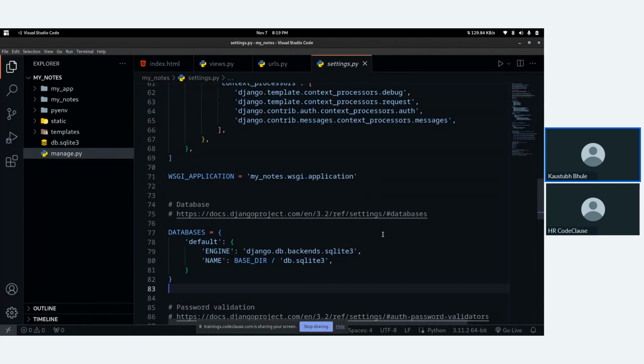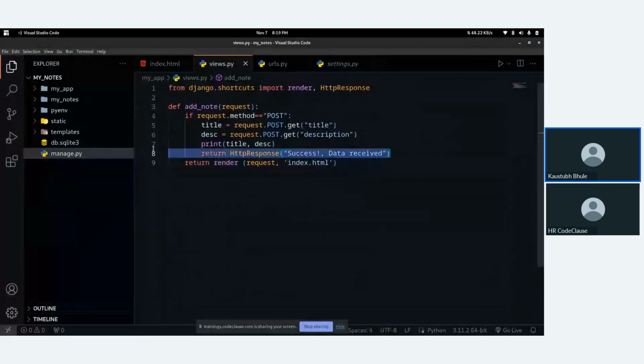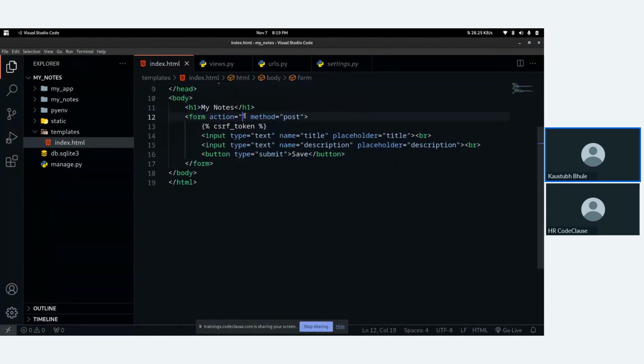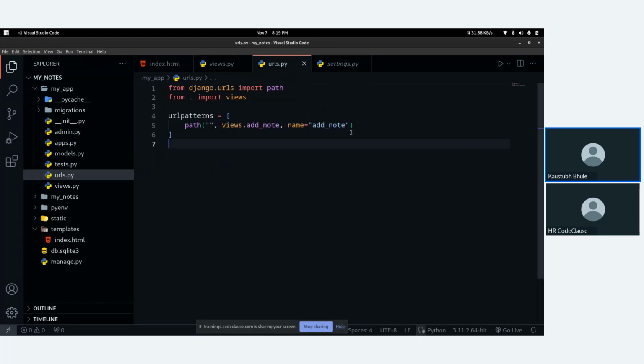Okay, fine. So we got the data at our backend from the form. Now, what I want to recommend you guys, whenever you are dealing with a form, if we didn't specify the URL in action, it still works. But make sure your project will not break. You need to use the URL tag here and just give your URL, which is add node. Now, this add node is the name of the URL. Fine. Whatever name you are giving to the path, this add node, this name you have to specify